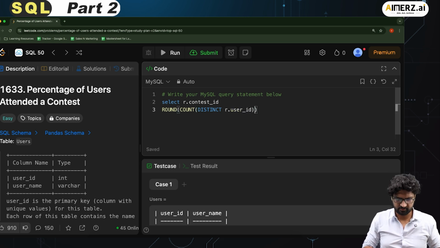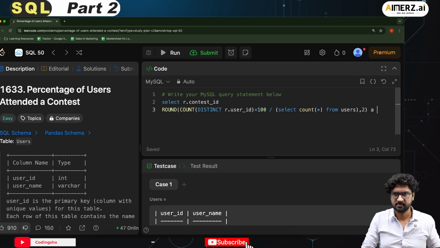And then I multiply this with 100 divided by, inside this I write a select query, select count star from users, and this comma 2 as percentage